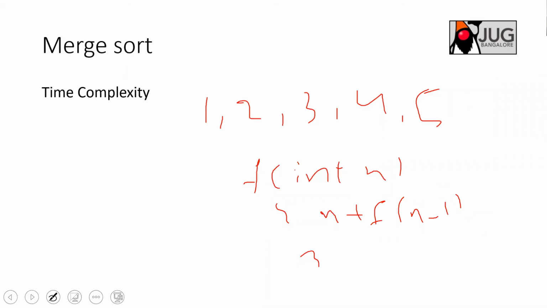Okay, so basically 5 is passed, so 5 plus function of n minus 1. You are given a task where you want to calculate the sum of the first n numbers, and n is passed. For example, 5 is passed in this case. So what you need to do is 5 plus 4 plus 3 down to 1. That is your result. So what you are doing is n plus function of n minus 1. So the last thing I'm calling is the recursive function here. What compilers usually do is add a loop here, because this is the last function to be called, right? Am I right?